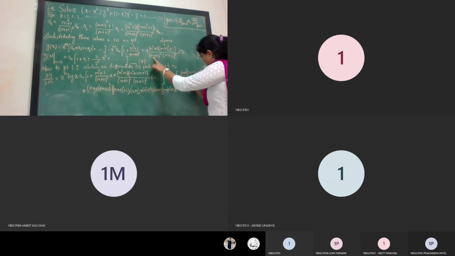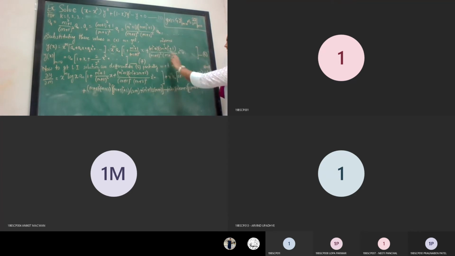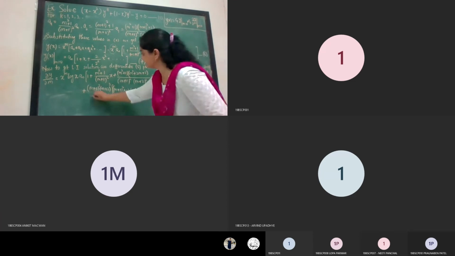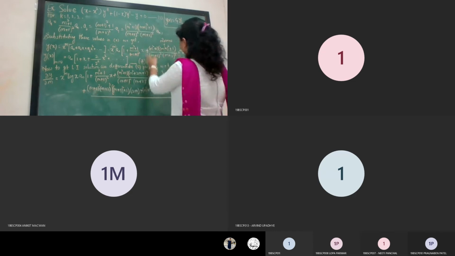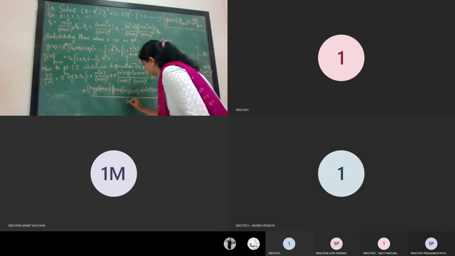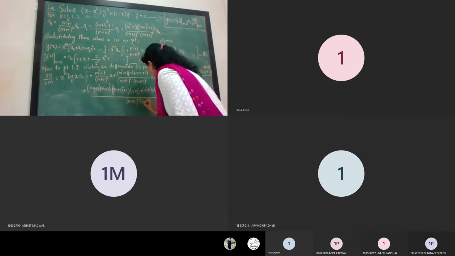So the derivative of this is 2(m+1)(m+2)² as it is, plus this term as it is and the derivative of this. So it is (m+1)² as it is, and the derivative of this is 2(m+2), bracket complete over here, and the entire denominator will now be this square. So it is (m+1)²(m+2)², and its square. So I am writing the power as 4.